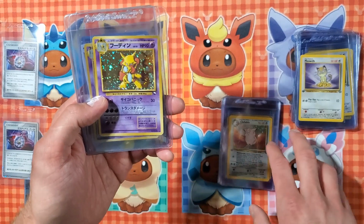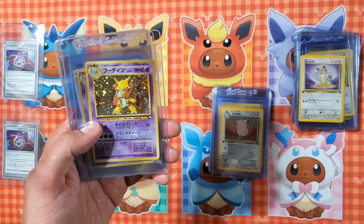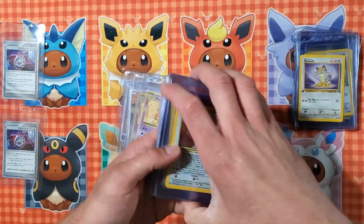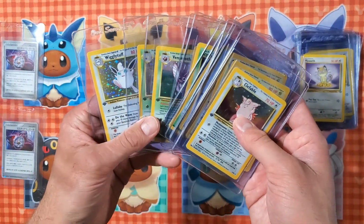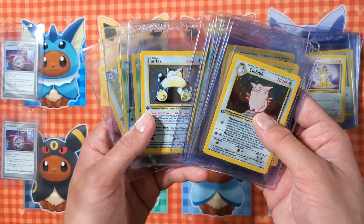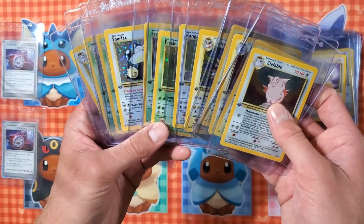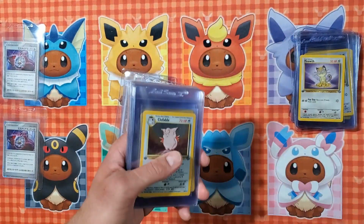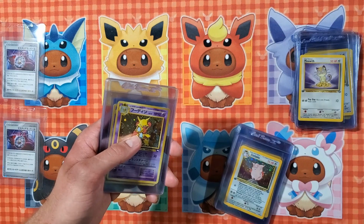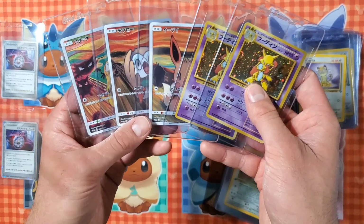Aside from the Holos, this stack I should have mentioned, I'm probably going to go standard. So standard right now is up to $1,000 value per item, which all of these cards would fall under, assuming they get 9s. Anything that gets 9.5s or 10s, I doubt I'll be lucky enough to get any 10s from CGC on these, but if some of these, especially the Snorlax, Jolteons maybe, were to get 9.5s, I'd be interested to see if CGC upcharged me, because the value probably would cross that $1,000 threshold, but I'm not sure how much sales data there is out there on them. So that'll be interesting to see